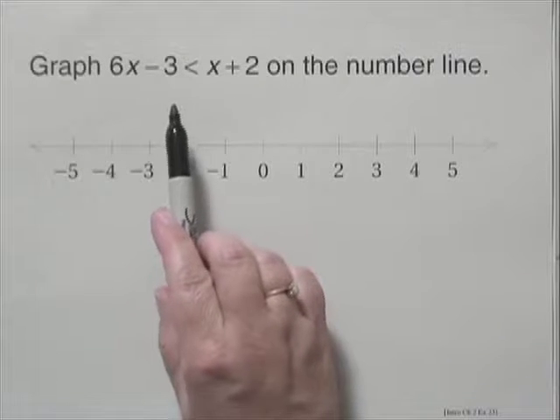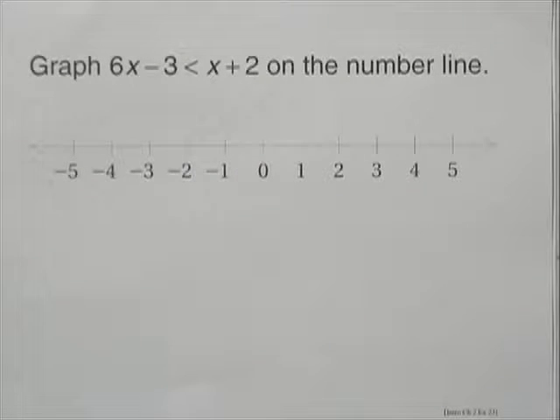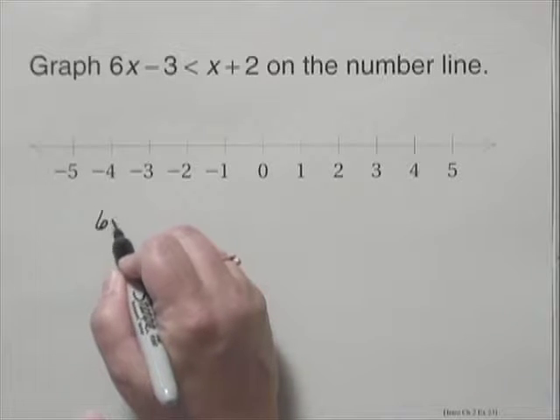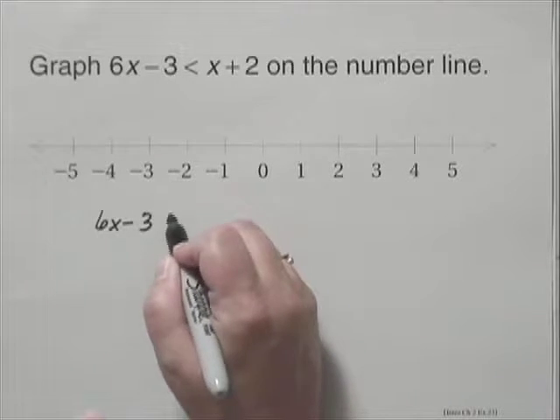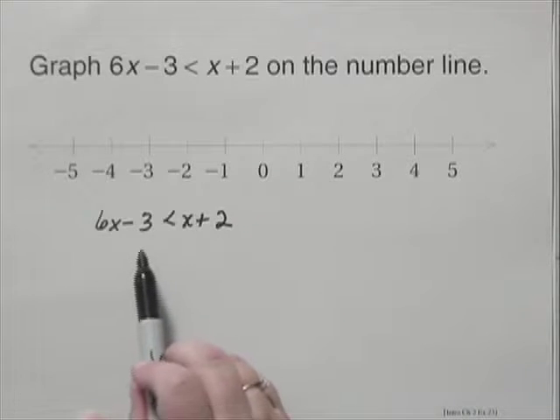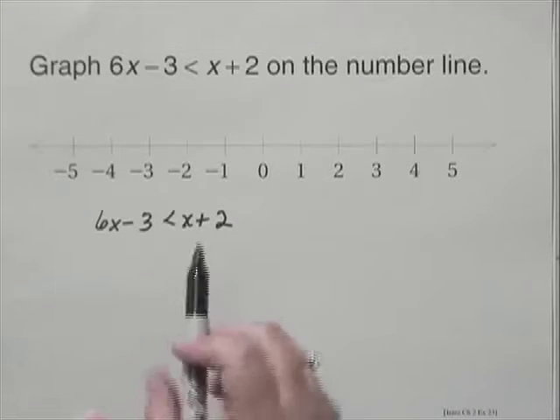Graph 6x minus 3 is less than x plus 2 on the number line. Well, first of all, we need to simplify and solve this inequality. We have 6x minus 3 is less than x plus 2. Adding 3 to both sides, we have